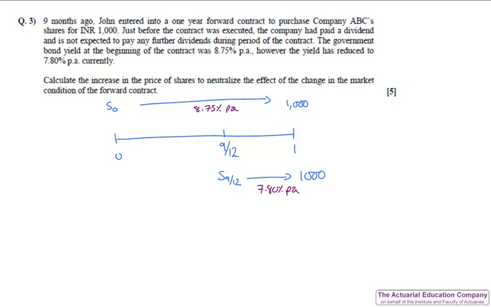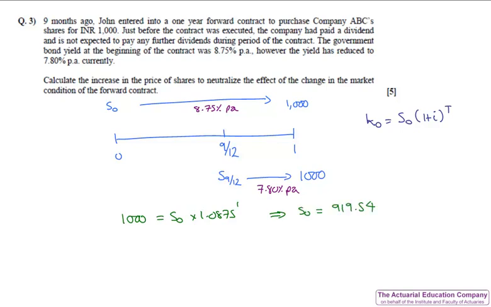Now, there's no dividends made, so the formula we'll be using is the forward price is the initial share price accumulated up. Since we've got an effective rate, that will be 1 plus i to the t. So from time 0, we'll have 1,000 is equal to S0 times 1.0875 to the power of 1. Solving this gives our initial share price to be